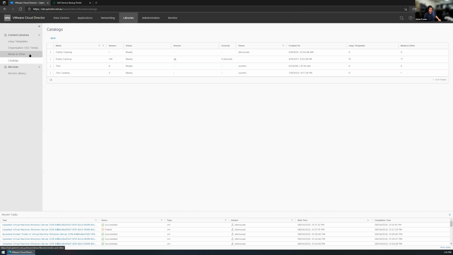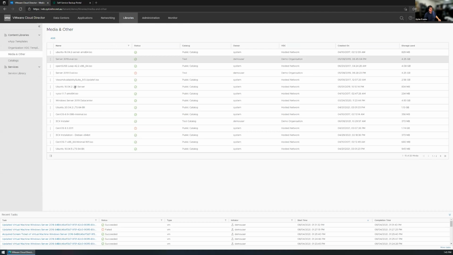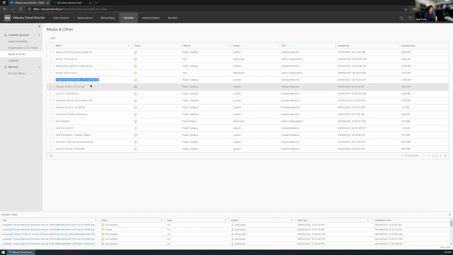Yep, as well as you can come in here and upload your own ISOs and OVAs. You can see that we've even got ones for 3CX in here to install that, as well as the Veeam availability suite. So you can just mount that ISO to a VM, the same way you would download an ISO and just open it inside Windows. That way you can install things faster. Like Office typically goes a lot faster from a disk than it would from downloading. Yep.